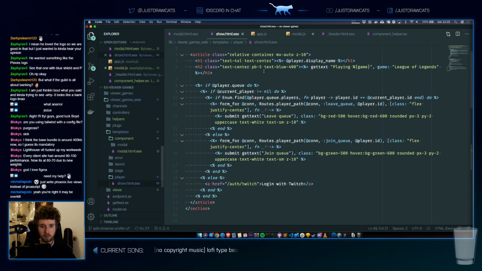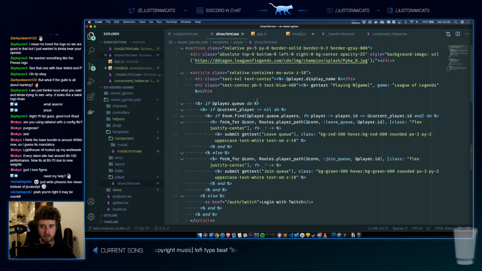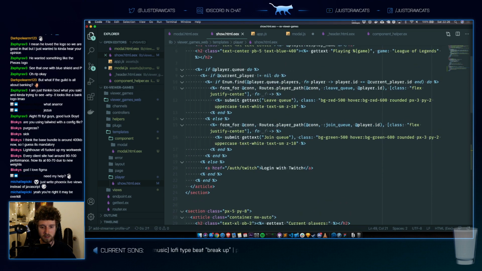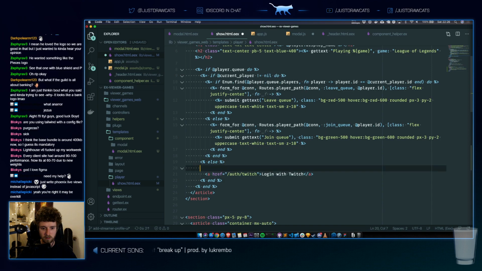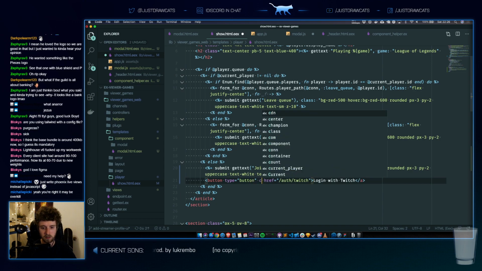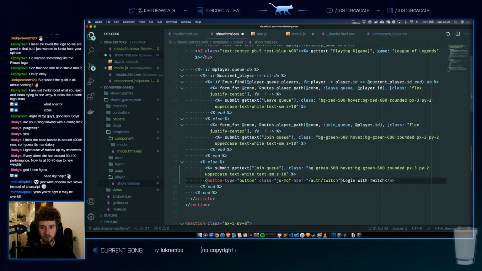So let's have this button here. We really need a button component, but that's whatever. We need a button. Type button. Class is js-modal-trigger.